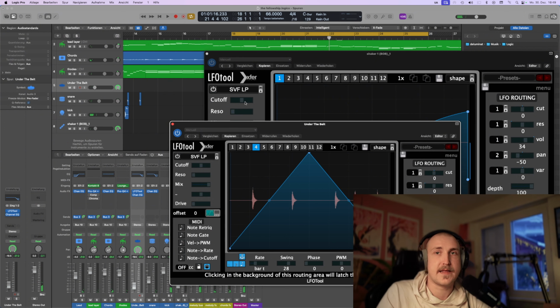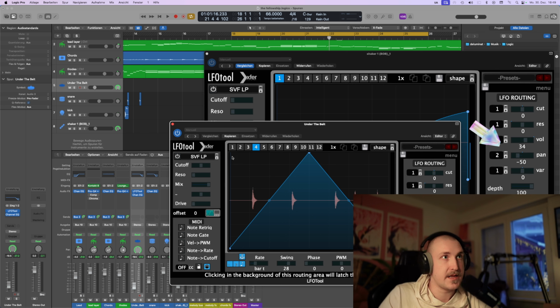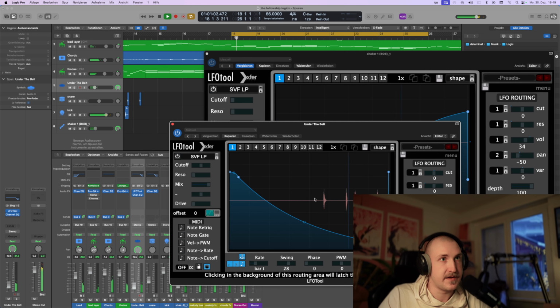To really hear that effect, you have to wear good headphones or listen on a good studio setup, because what it does here, the LFO 1 is routed to the volume, and I put it on around 40. What it makes, if you watch this graph,